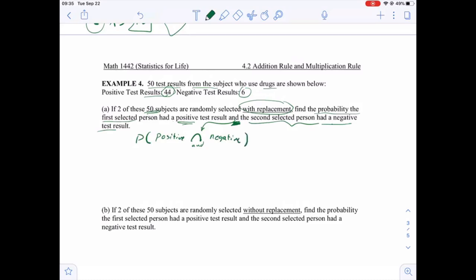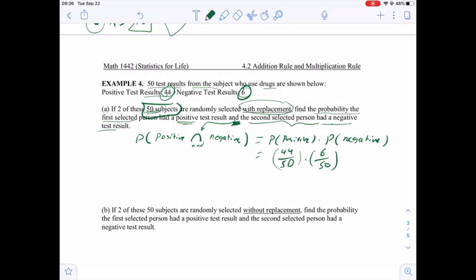Okay, so that happened with replacement, and that means they are independent. So we just find the probability of positive times the probability of negative, of selecting a person or subject with a negative result. For positive, we have 44 out of 50, because that's the sample size or the sample space, times the probability of negative, we have 6 out of 50, because it happened with replacement. We just choose the first one was